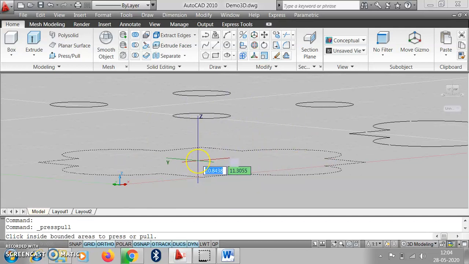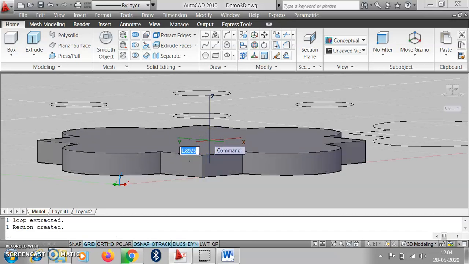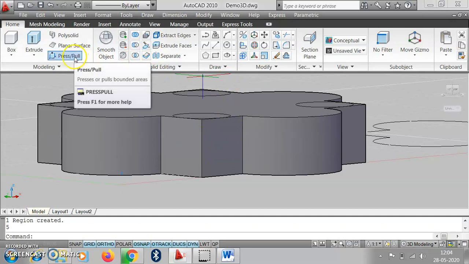So first we cover or press pull this object. This object gets selected here, so we press pull it, suppose up to 5, enter. Then we press pull these circles.